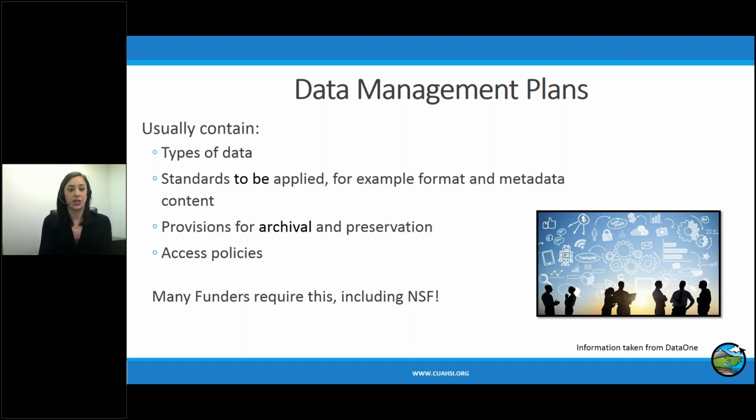How is it going to be preserved into the future? And then access policies: is it going to be widely available and open to the public? Is there some kind of restraint on the data where you need to keep some private? So going into all of the details of this.